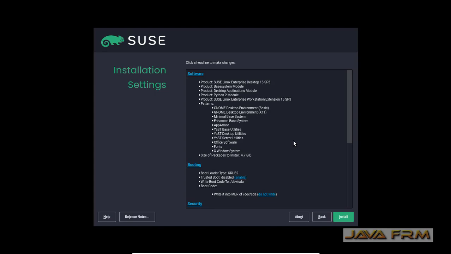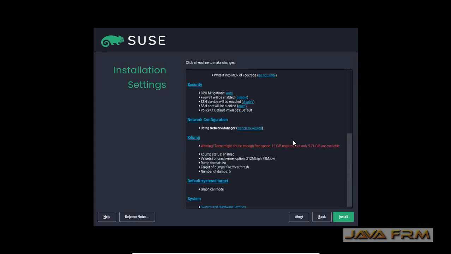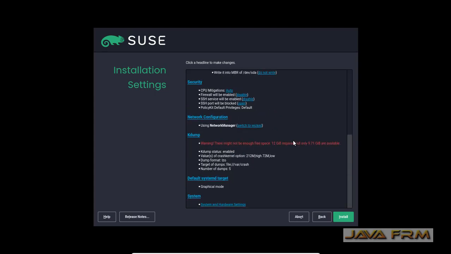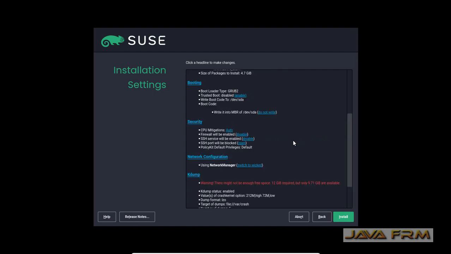Review the installation settings before you proceed to install. Here you can see kdump showing a red line. Also you can see that I have enabled the SSH port.